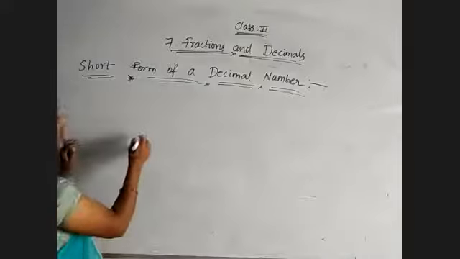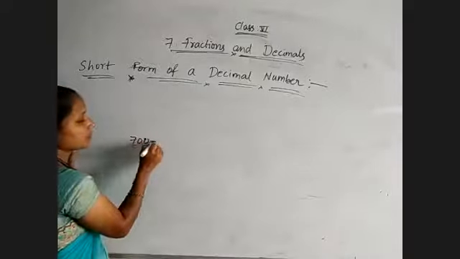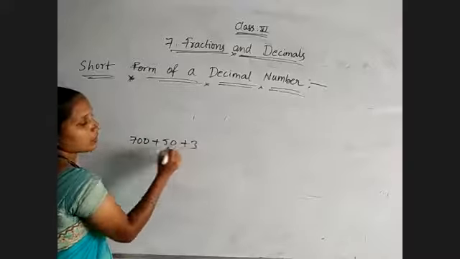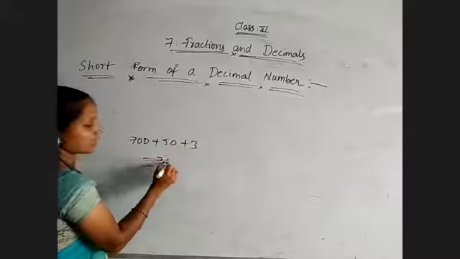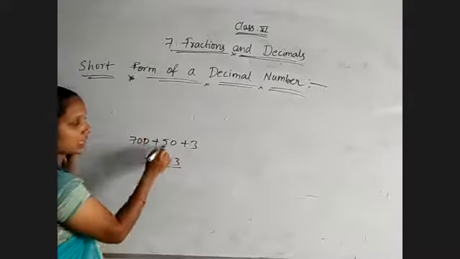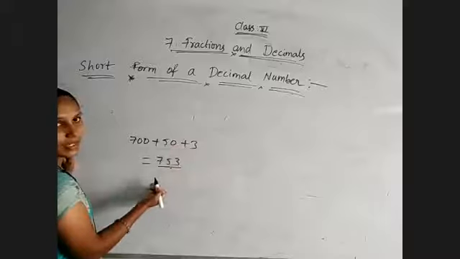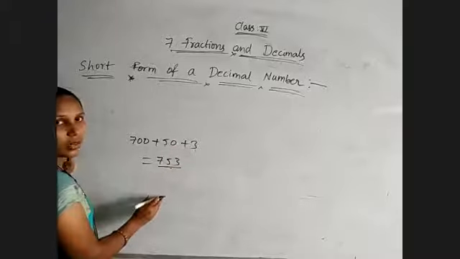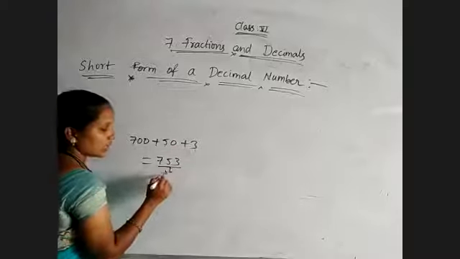See, for suppose they have given 700 plus 50 plus 3. So what is its short form? 753. This 7 is in the hundreds place, 5 is in the tens place, 3 is in the ones place, 753. A 3-digit number. Okay. And it is known as a short form